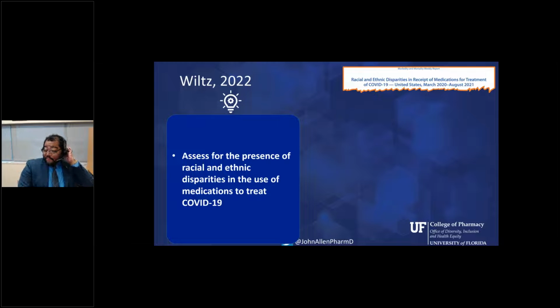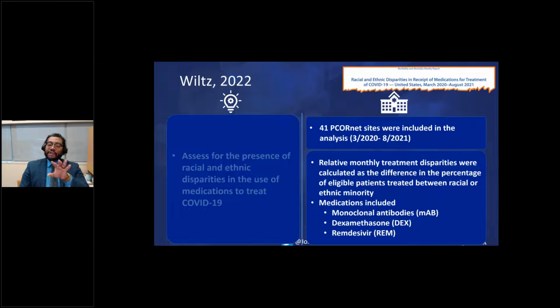With respect to management, let's use COVID-19 again as the initial backdrop, and we'll spend some time looking at other disease states in a moment. Wiltz and colleagues recently published an article that wanted to evaluate for racial and ethnic disparities in the use of medications to treat COVID-19. And they looked at 41 hospitals, and they were included from March of 2020 through August